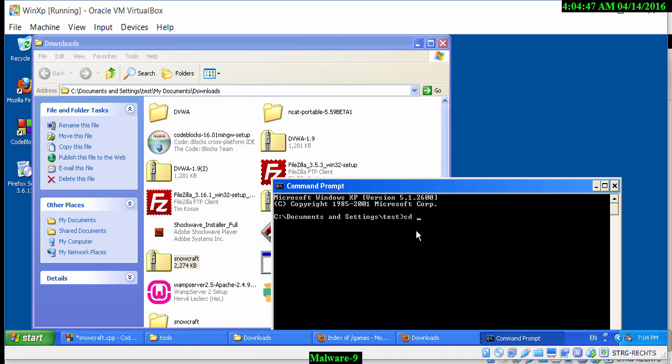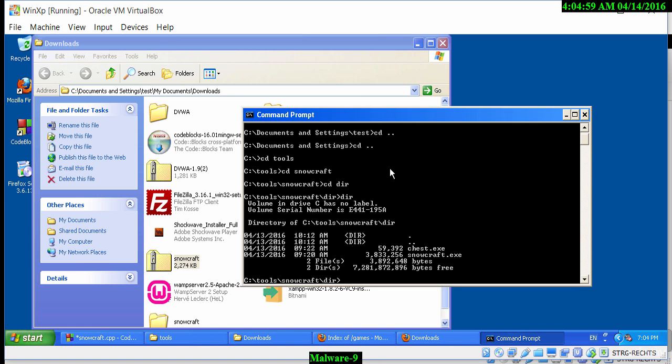Let's go up to the directory we had created first, which was the CD tools directory, and within that there was a snowcraft and then a dir directory. Here we have the chest.exe file. Now at this point, all we have to do is type in chest.exe. We need to put in the IP address of the attacker's server machine, which is 192.168.56.102. And we then want to put the port number, which is 4444, and that will create a connection between